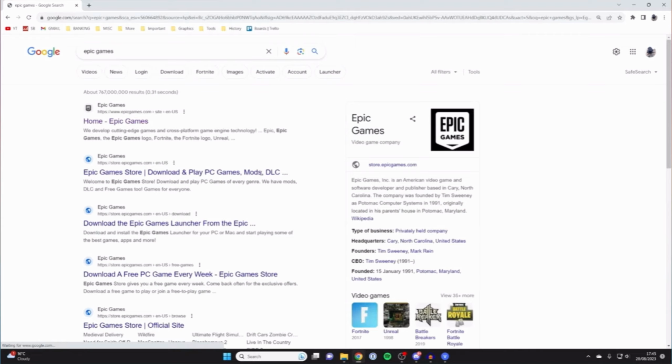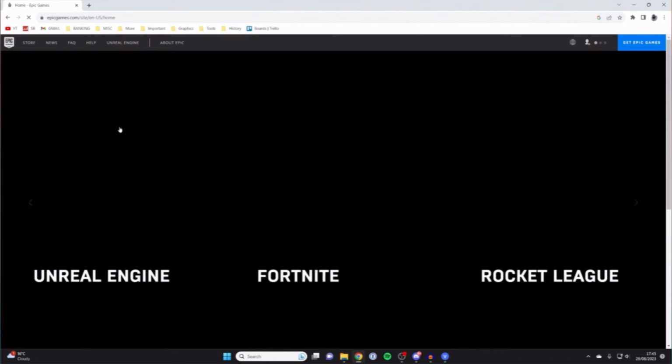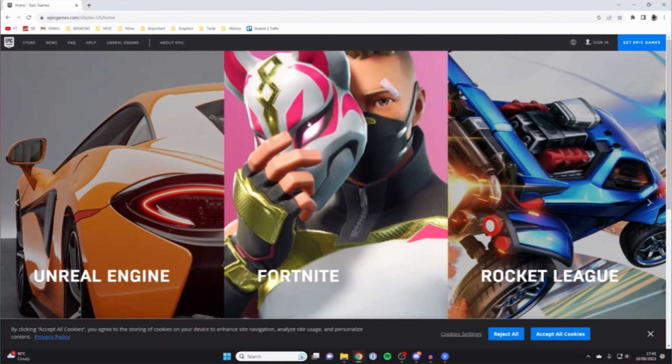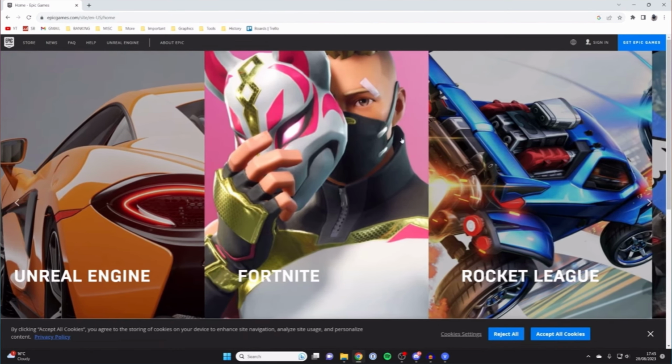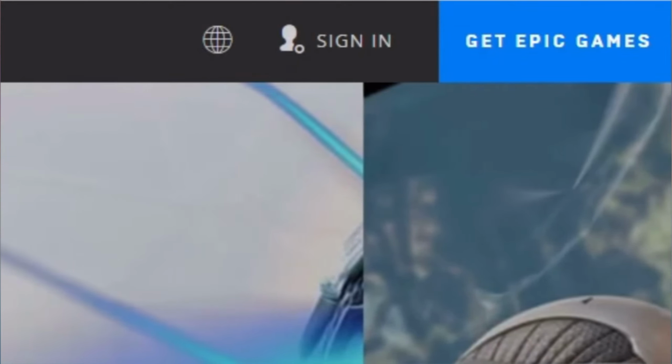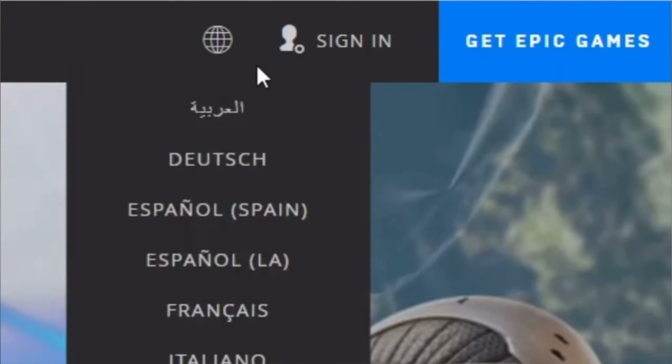So from any browser available on your PC, go ahead and look for Epic Games. And once you're in here, just go and sign in to your account. If you don't have an account yet, just log in first, then you may continue. So just tap this word here, sign in,